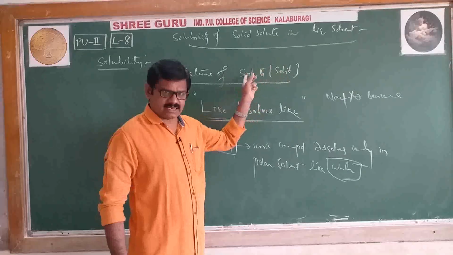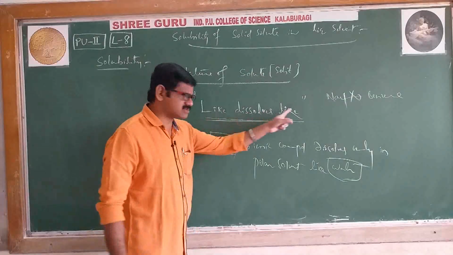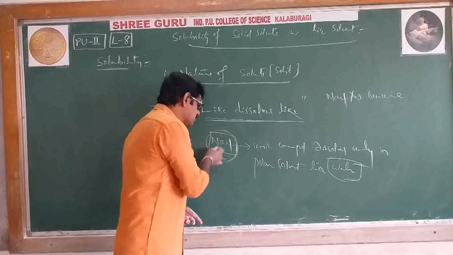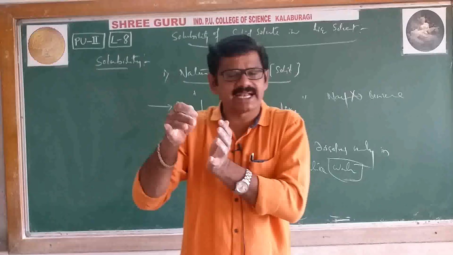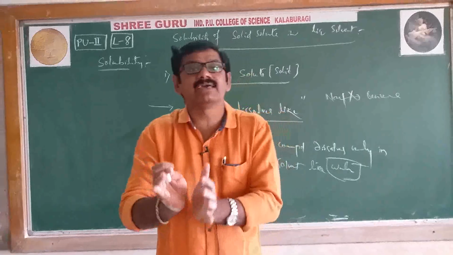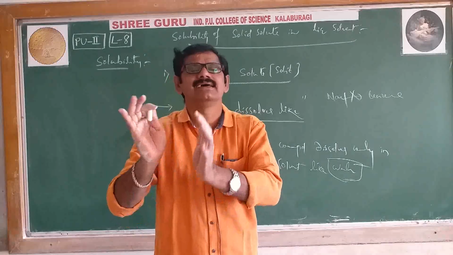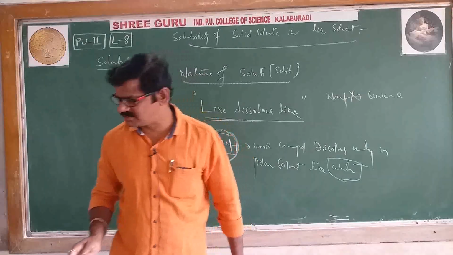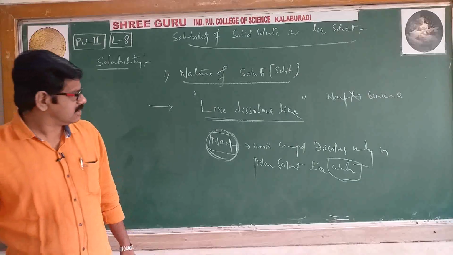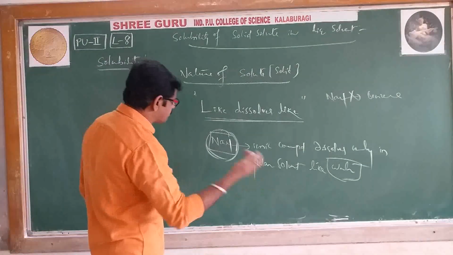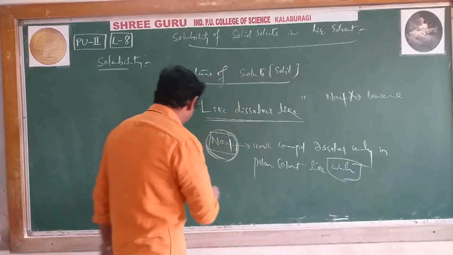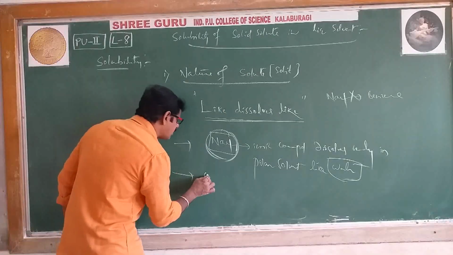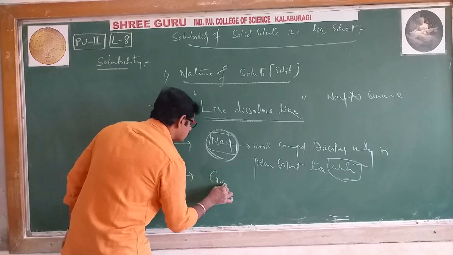We are discussing the nature of solute. Like dissolves like means the solute will dissolve in a specified amount of solvent having a similar nature. That's it. This is about the nature of solute. Suppose ionic compounds are soluble in water. Then one more point I'll give you, covalent compounds.